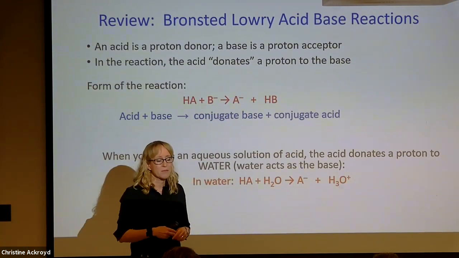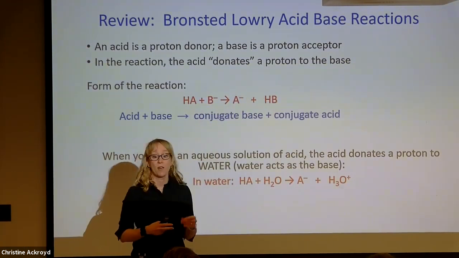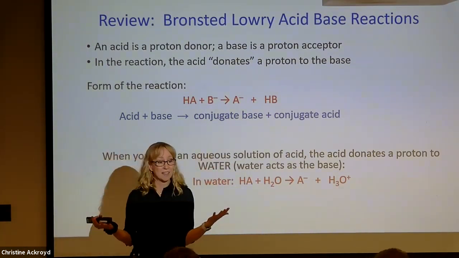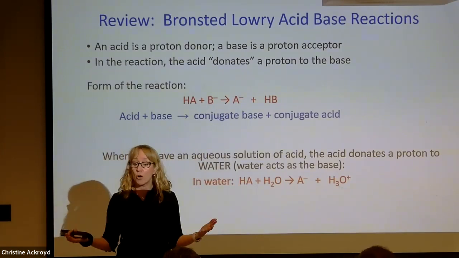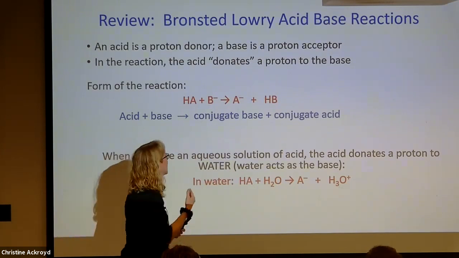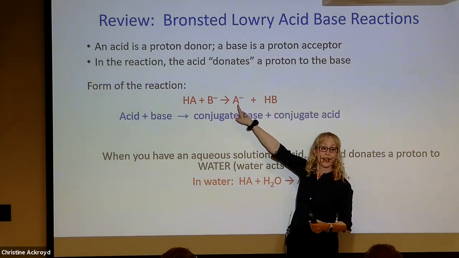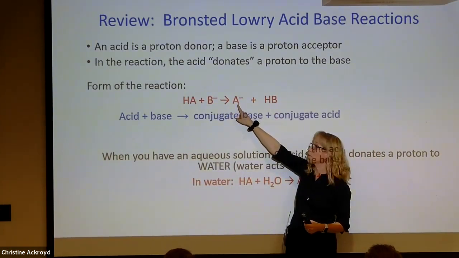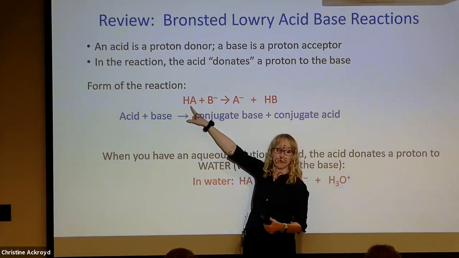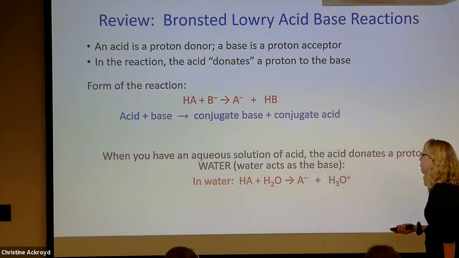Because in the reverse reaction, the molecule that can give the proton is different. Right, if we run the reaction backwards, so this is a reaction that has a specific equilibrium, right? And you know that the equilibrium comes because of the balance of the forward and backward reaction. If we're running this reaction backwards, then the conjugate base accepts the proton to form the acid. The conjugate acid is what donates or gives up the proton.